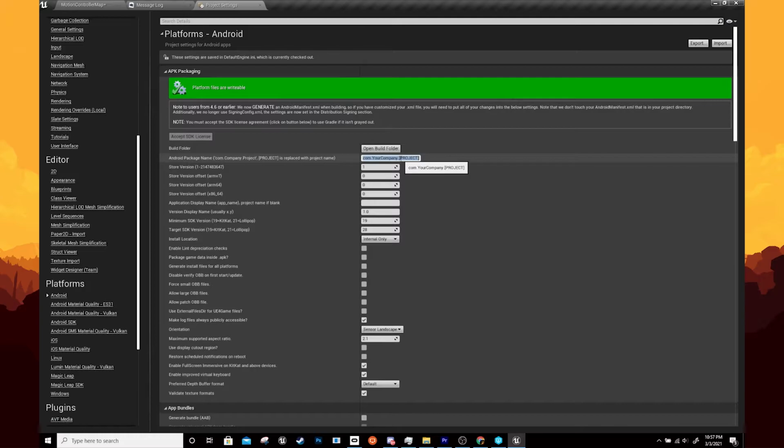Locate the text box with the Android package name and title it to your project. Make sure you stick to the designated com.yourcompany.project name formula. If you don't, the packaging process will fail. So for me, it is com.wicked.brokenrock. Now scroll down a little farther and set your minimum SDK version to 23 and your target SDK version